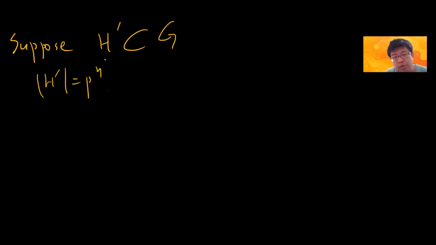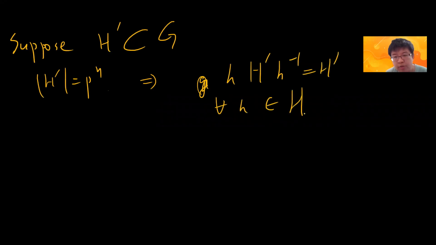Suppose there's H prime, which is also a Sylow subgroup of G, also P to N, and its orbit is of length 1. That means for all h belonging to H, h H prime h inverse is H prime. But this will give you a strange contradiction. The reason is that